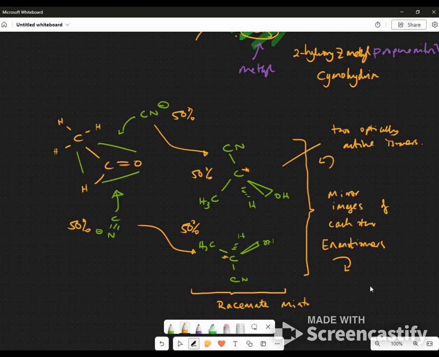Or a racemic mixture. And racemic mixtures, as I say, they're 50-50. Racemic mixtures do not rotate light. And the reason for that is because one isomer cancels out the effect of the other isomer. So you get no